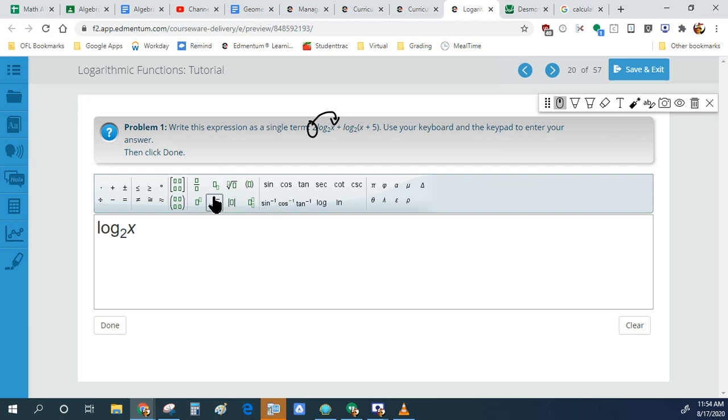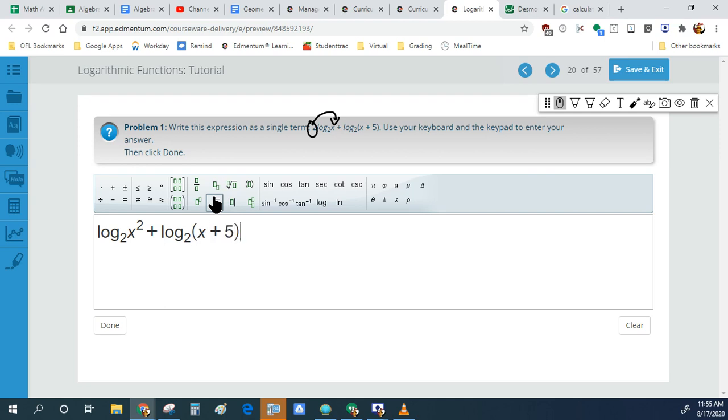Use the superscript button, or you can use control up. If you're using a Mac, it would be command up on your keyboard. I'm going to use that to the power of 2. And then plus, I'm lazy, so I'm just going to copy this part, paste it over here. And then my argument is x